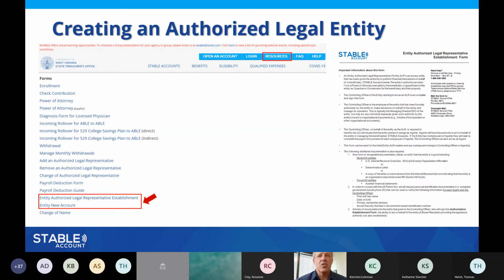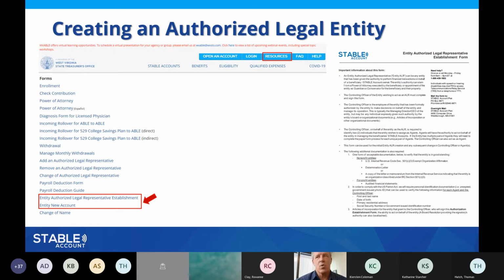I've put a little picture over here to the right side of what the first page of that enrollment form looks like. So, this is kind of a little view of the first page with all of the instructions. Starting on the second page is where you will fill in information. These are PDF documents. They are fillable, so you can actually type in most of the information right into the form on your computer or device. But then obviously will need to eventually be printed out, signed, and mailed in to be processed.